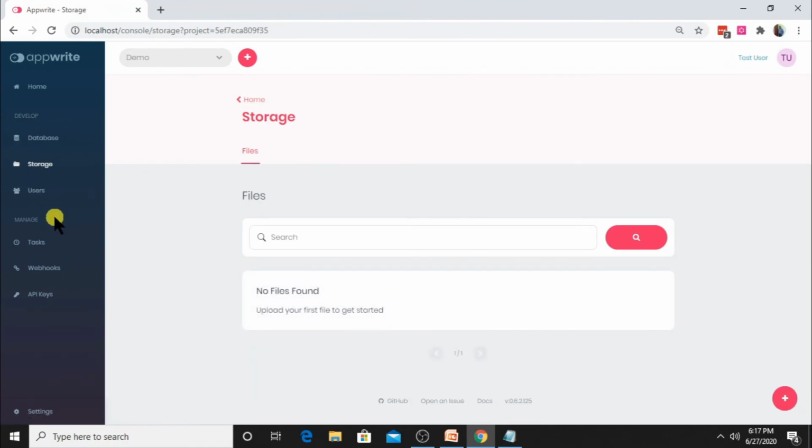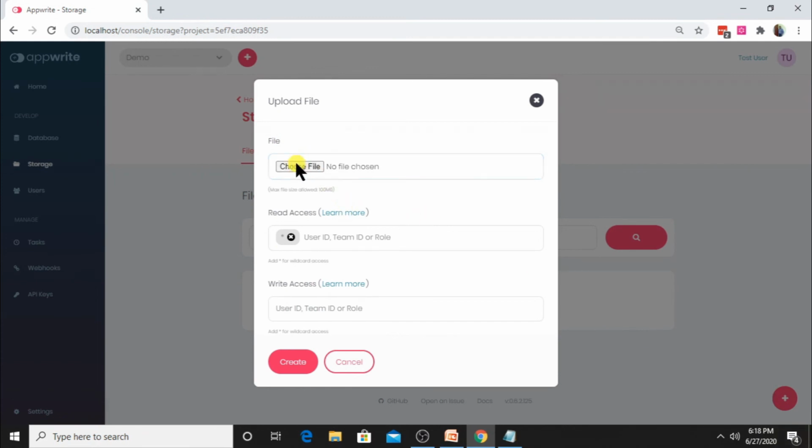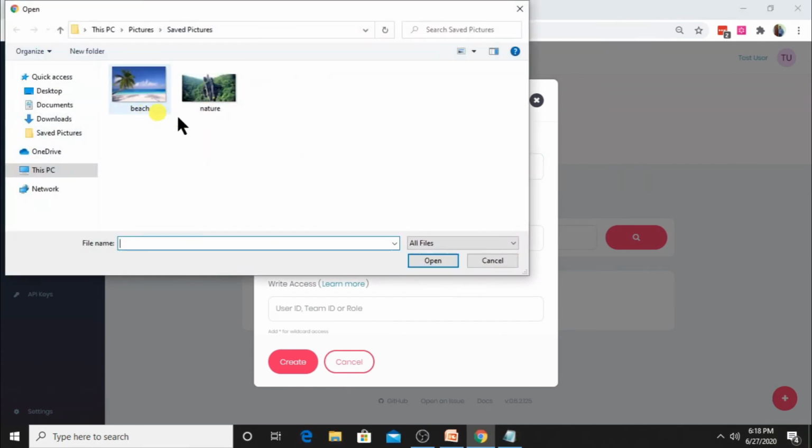Okay, the next service is the storage service. It's a pretty simple service. It just allows you to store files. Files can be of any type. It can be an image, it can be PDF, it can be docs, anything. It can be any type of PNGs, JPEGs, whatnot, whatever you can think of. It's just a file. So to add a file, you just add it, and I can see